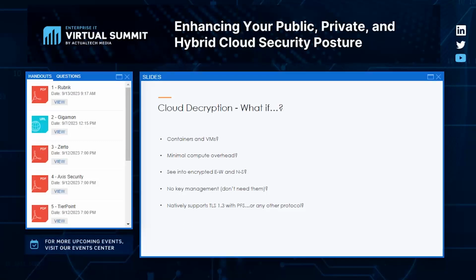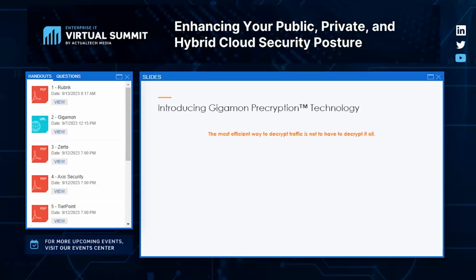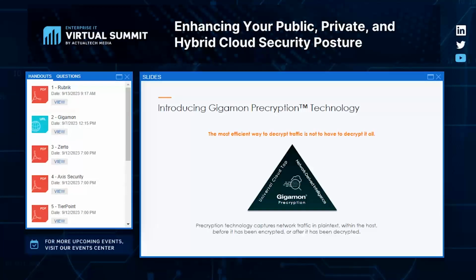Now, this sounds like crazy talk. It sounds too good to be true when we talk to our customers. By the way, I've had probably over 150 one-on-one customer discussions about this over the past year that we've been building this. This is what we launched, and this is what we call pre-cryption. It's a game changer that addresses, we believe, the biggest blind spot in any organization today, which is lateral virtual traffic, and particularly virtual traffic that is encrypted. All the customers I've talked to, they don't inspect it because it's simply not possible to do prior to this technology.